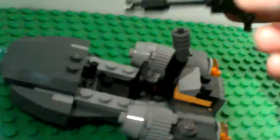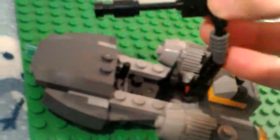Either that, or you completely remove the turret, which you can also have one of them carry around like a big heavy gun, and plug this into here and straighten this out. There you go. Or you could have it like that, but I'm gonna have it the other way around just for now. I need to learn how to edit. All loaded up. There are spots to sit these guys on the side. Oop! I broke off one of the blasters, but they'll stay on there because there's a stud. Also, if you want to store the blaster